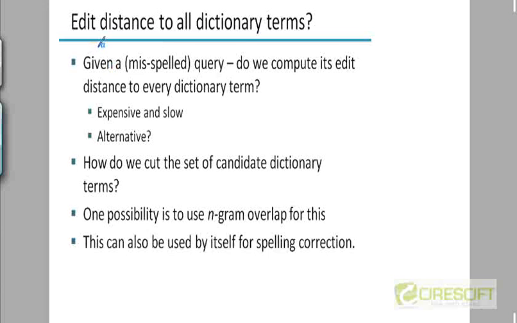A more intuitive way to calculate the corrected spellings is in the following way. You take the query term, and instead of generating all strings at a particular distance from the query term, you just compute the edit distance of that query from every term in the dictionary. Okay, so I take the query term and I compute its edit distance to every term in the dictionary,